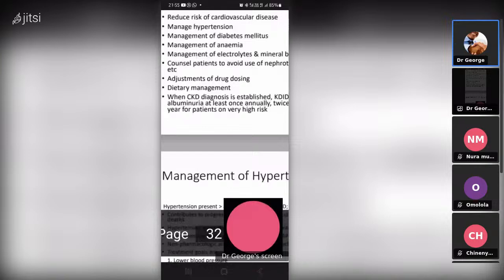So for diabetes, still similar with the management of hypertension. You just need to use ACE inhibitors to reduce the proteinuria, because in diabetes proteinuria is the first sign. It can start as microscopic proteinuria before it becomes macroscopic proteinuria. So it's usually the first sign of diabetic nephropathy. So you need to tackle it head on. Then, of course, manage the diabetes, stabilize the patient's blood sugar. HbA1c should not be above 7%. That's when you know you are managing it properly.